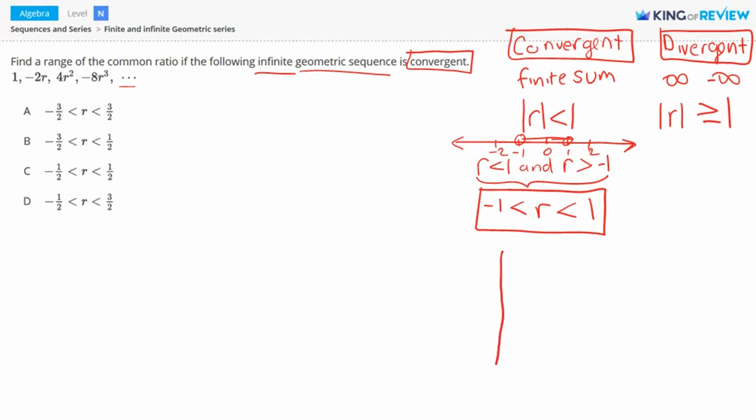Let's quickly graph a series that's convergent and one that's divergent so you can see what we mean here. So we have our x-axis and our y-axis. X is going to represent n. And we know that if a series is convergent, r must be in between negative 1 and 1. So let's say that r is 1/2. So we're going to say y equals 1/2 to the nth power. This represents a series that's convergent. So if we were to graph this,